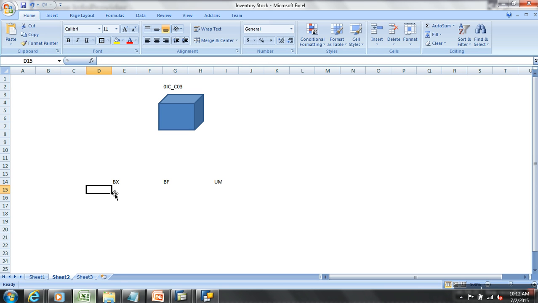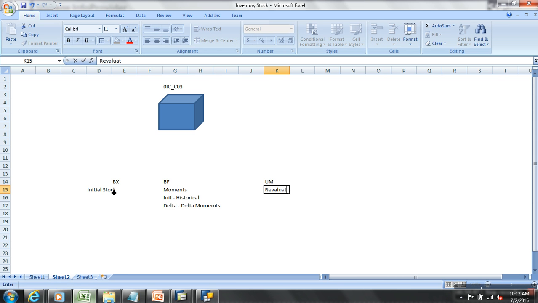BX is what? You'll have that initial stock. BF is what? Movements. If you do init load, historical movements, then delta movements. And UM is for